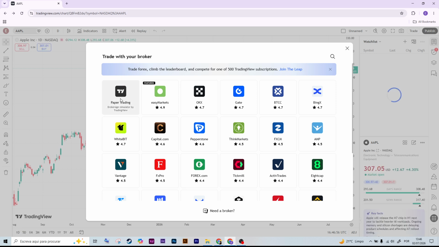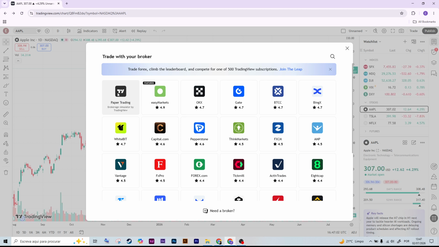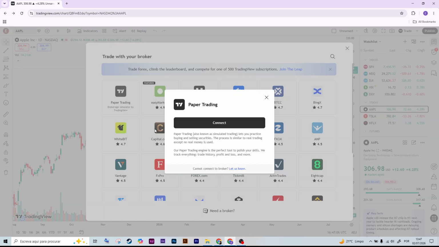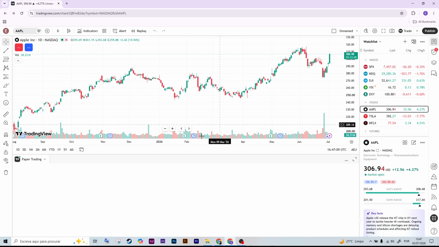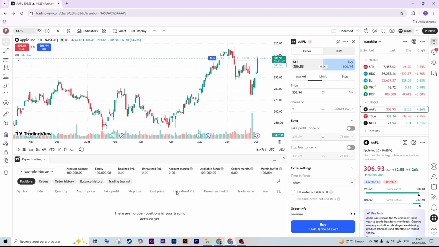Next, place a practice trade by clicking Buy or Sell on the chart or in the order panel. For example, enter a quantity of 10 shares and submit the order to see how paper trading works without risking real money. Finally, monitor your positions, orders, and account balance in the trading panel as you continue practicing your trading